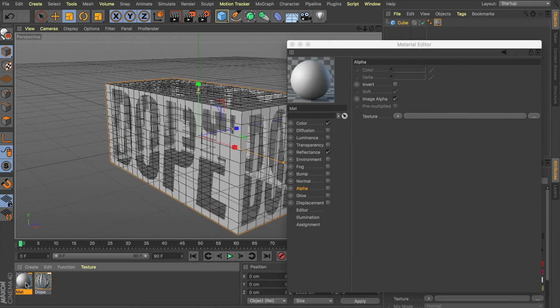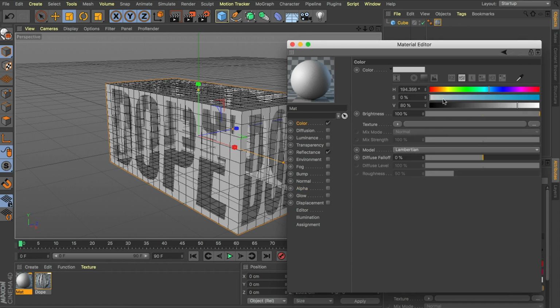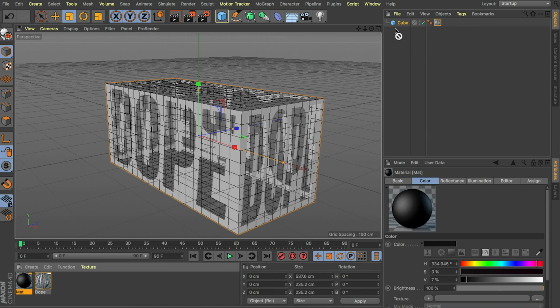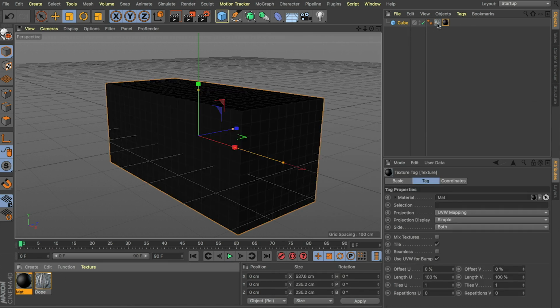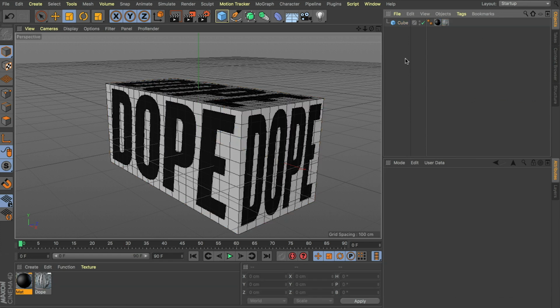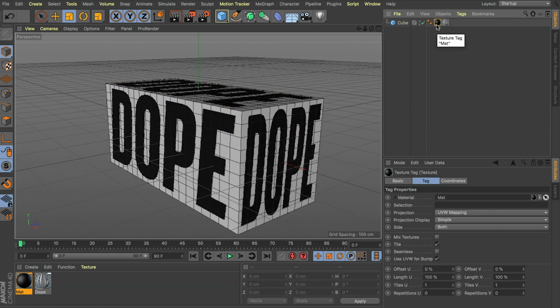And what this allows us to do now is grab a second texture. I'll just darken this off a little bit and I'll apply this to our cube also. And let's make sure our dope texture is on top. And what we're going to get now is that text showing back through thanks to that other texture. And why this is good is now we can add some reflection or just have a bit more of a play with that new underneath texture, which we might do in a few moments.